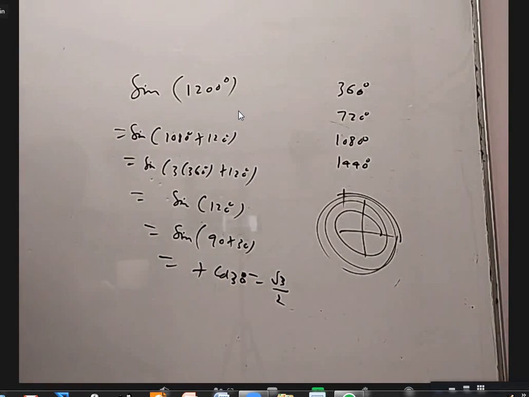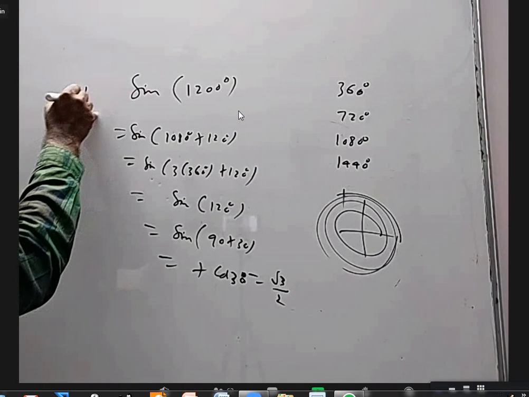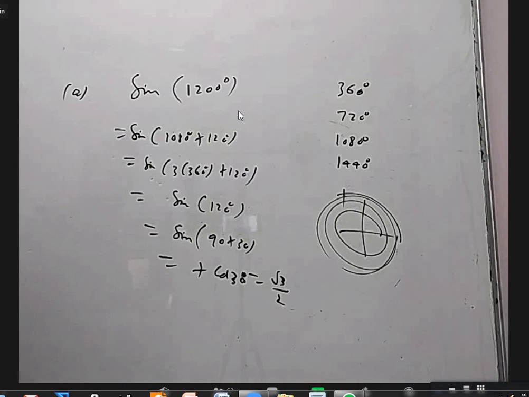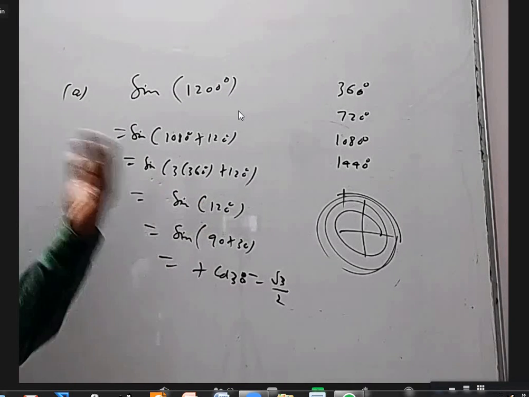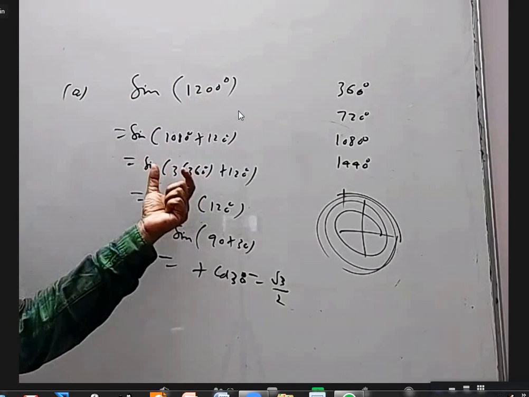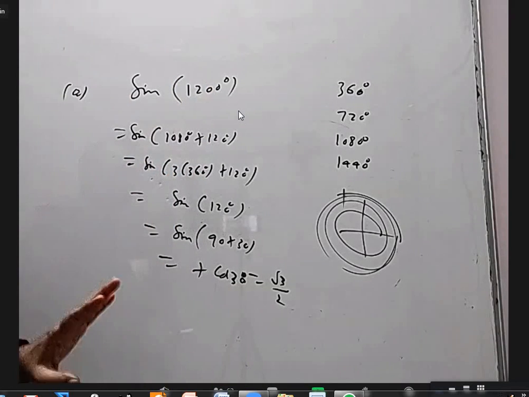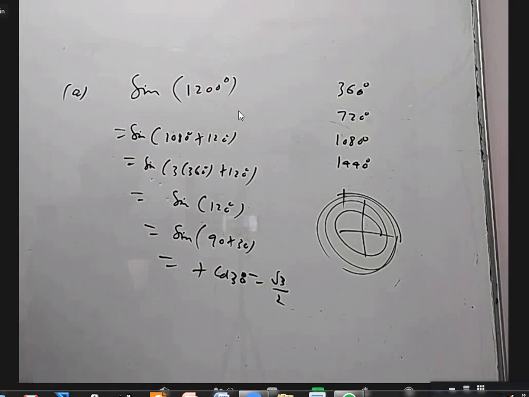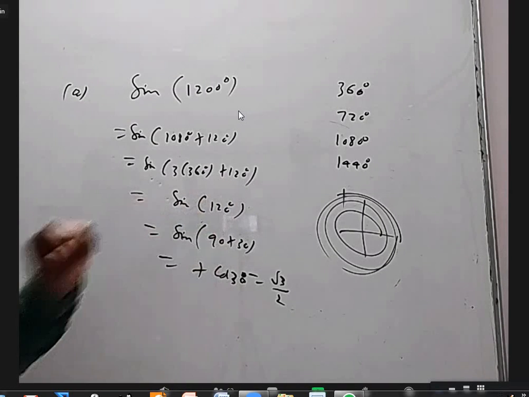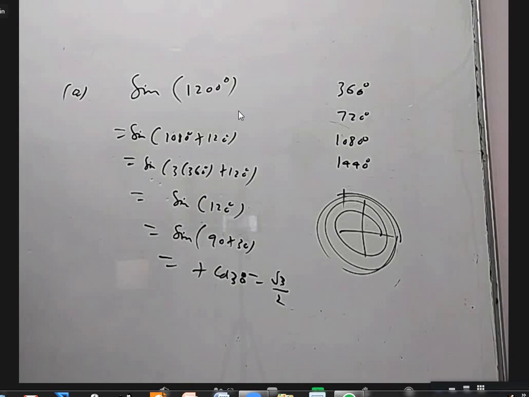Is it all right? Yes, sir. Okay, please copy this. Sir, should we neglect the plus or minus sign? Plus or minus sign where? Multiple of 360, 3 into 360 plus. Any multiple of 360, positive or negative, can be neglected as it is. But here if plus or minus is there with the remaining angle, that should carry.